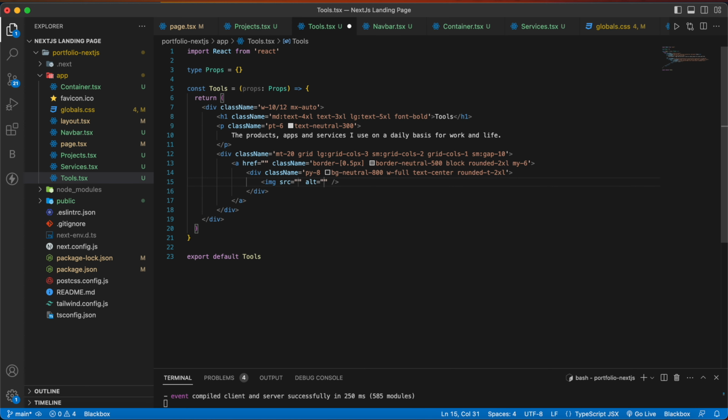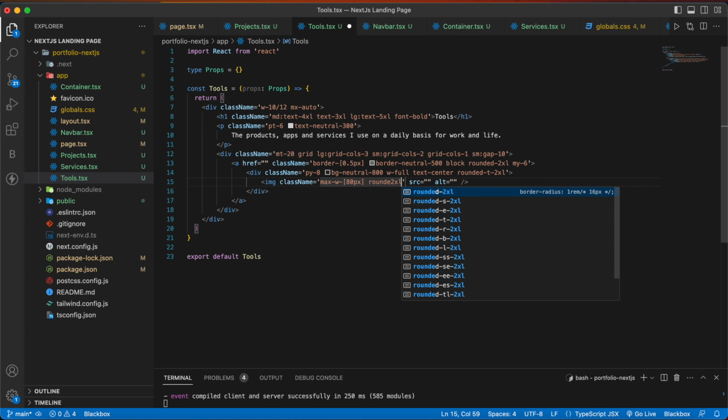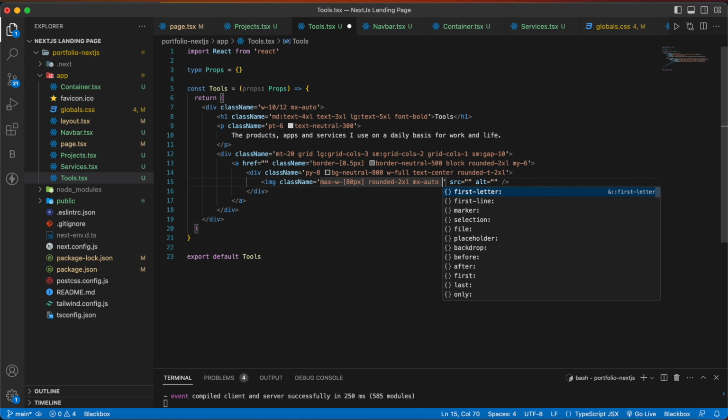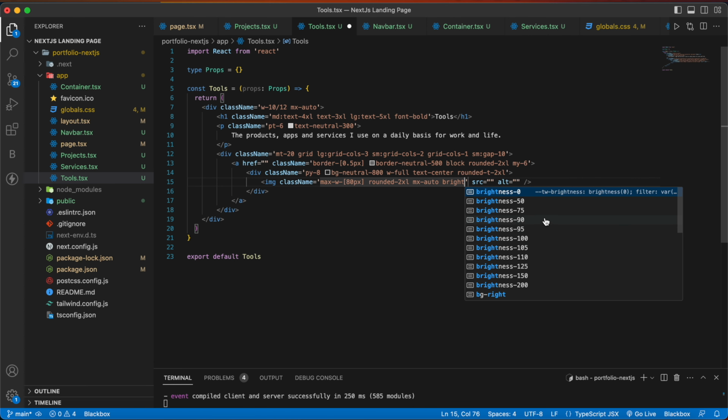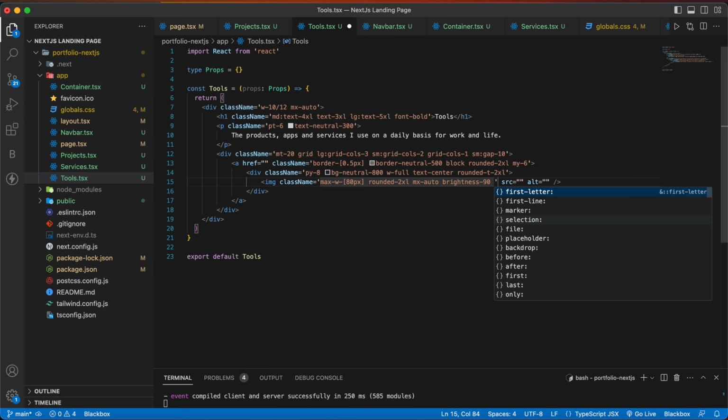So image, let's give a class name, max width will be 80 pixels and rounded-2xl, mx-auto, brightness will be 90, and contrast will be 125.